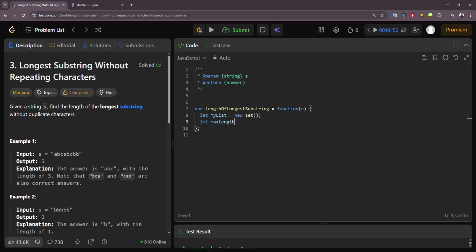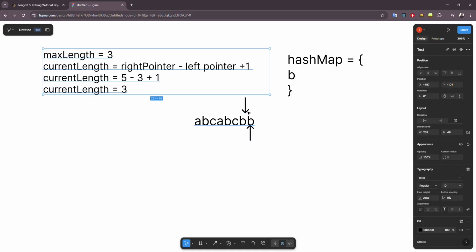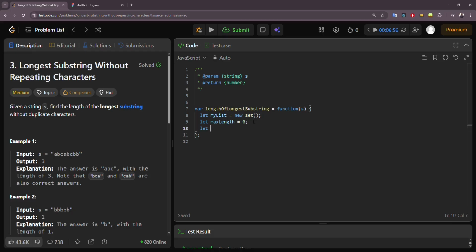We are going to create now our max length that is going to be 0. We are going to create our right pointer equals 0, left pointer equals 0, and we are going to traverse the entire